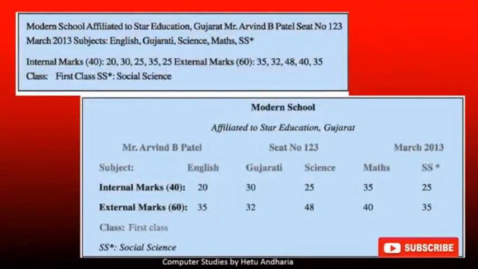Here there are two pictures displaying the same information in two different ways. That is the information of a student Arvind B. Patel's mark sheet. In the upper image you can see that it is printed in paragraph form, so you cannot judge the mark sheet properly, while in the other image it is displayed in a tabular format. So some formats are to be displayed as a paragraph, some as a list, while some things are also to be displayed as a table.